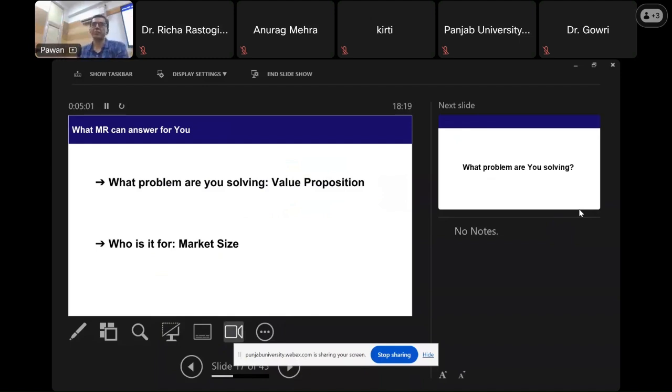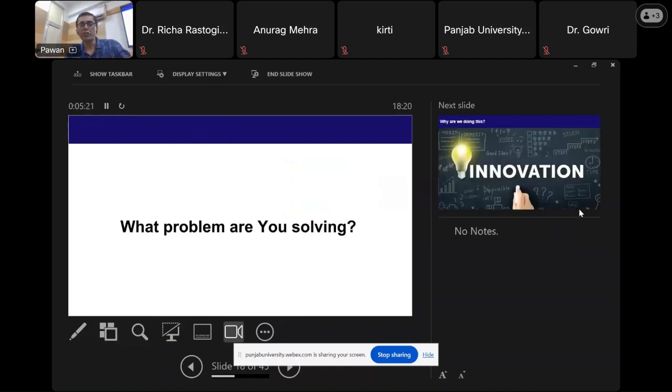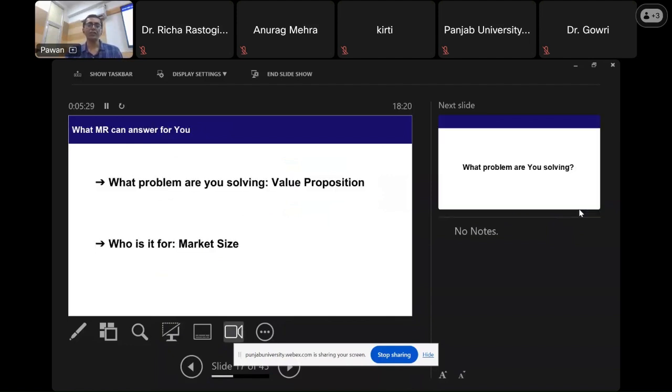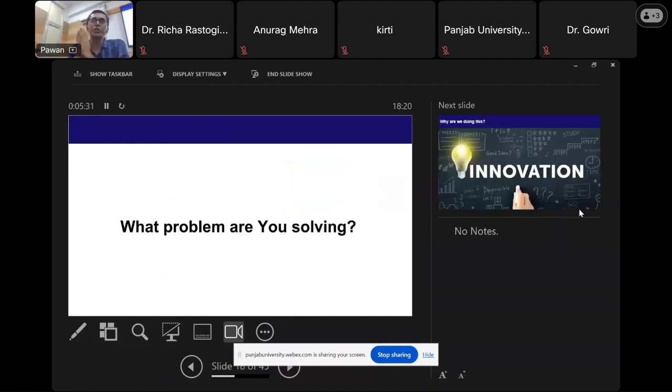Say cars, for example, somebody asks you, how many cars are sold? So you could say in money form, okay, the total market for cars in India is 2 lakh crores. Or somebody could define it by volume. Somebody could say the market for cars is 10 lakh cars in a year. Whichever way you want to define it, you have to define your market size. Answering those two questions will help you answer the question: what problem are you solving? What size of problem is it? Is it worth pursuing or not, right?